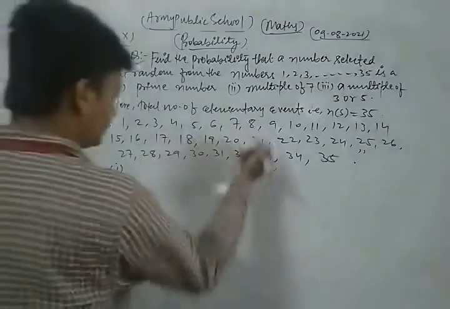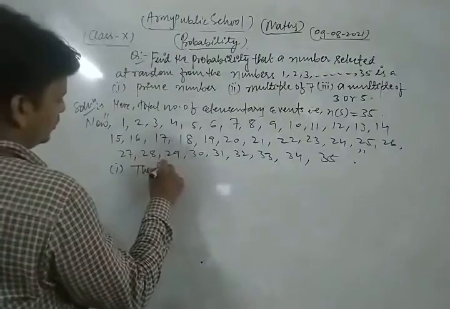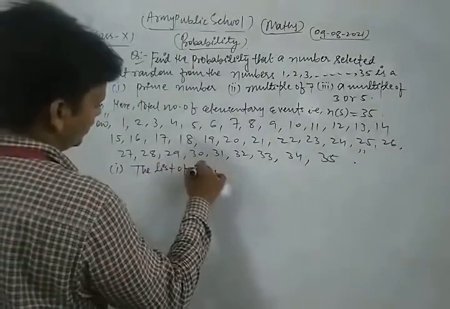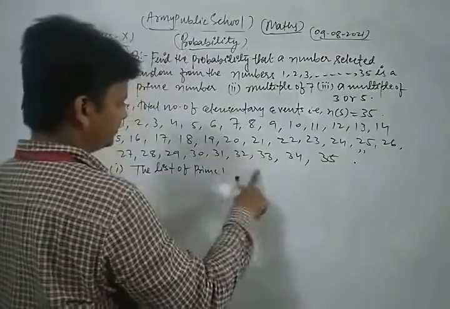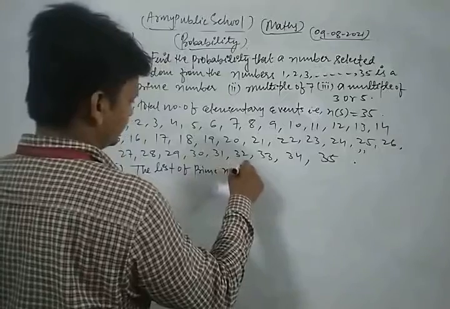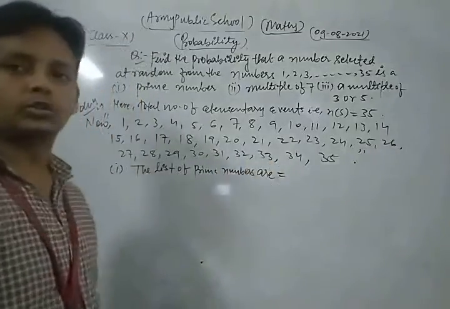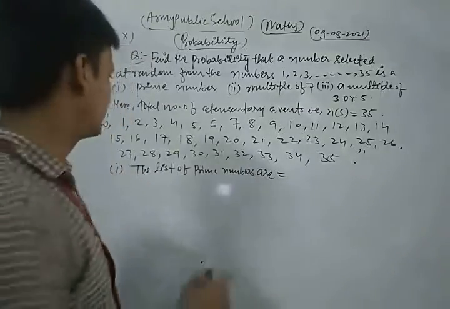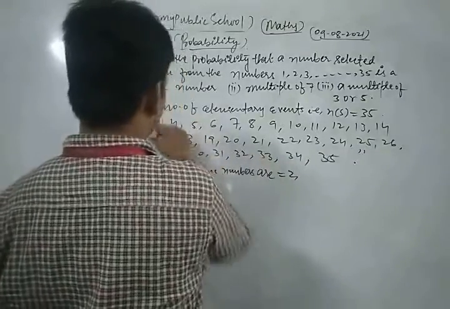The prime numbers are those numbers which have only two factors, one and itself. So let's see, this is 2, 3,